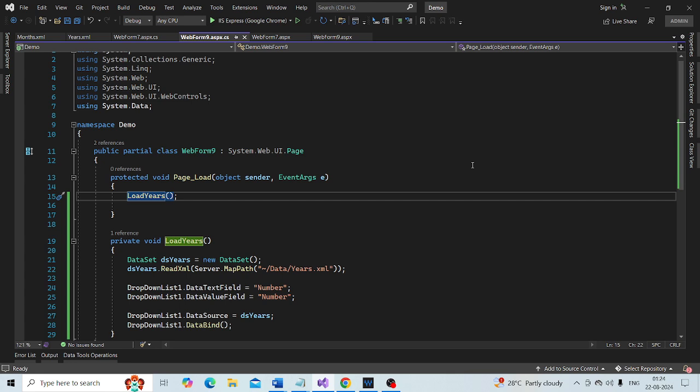Along the same line, I am going to create another method called load months.